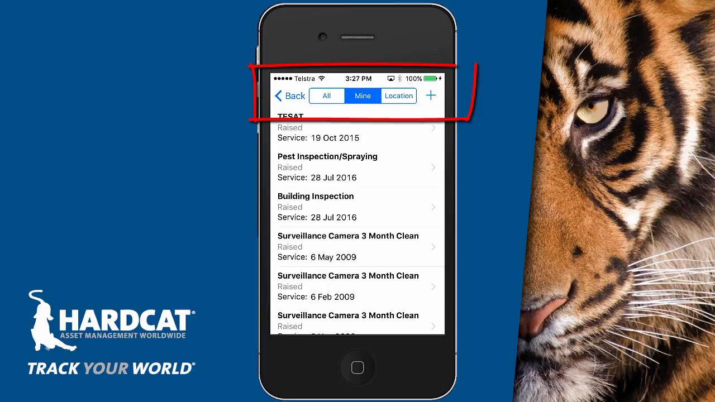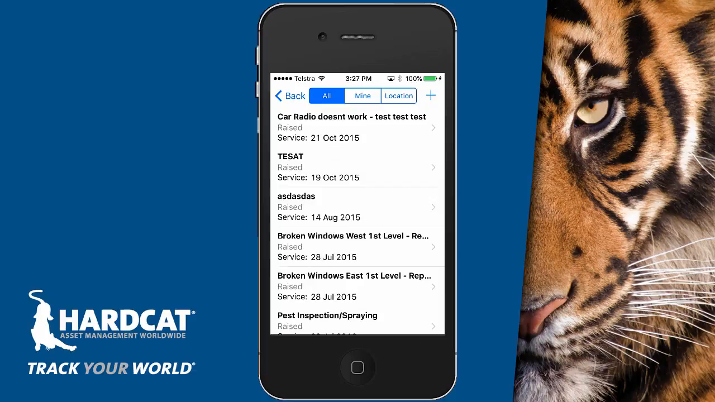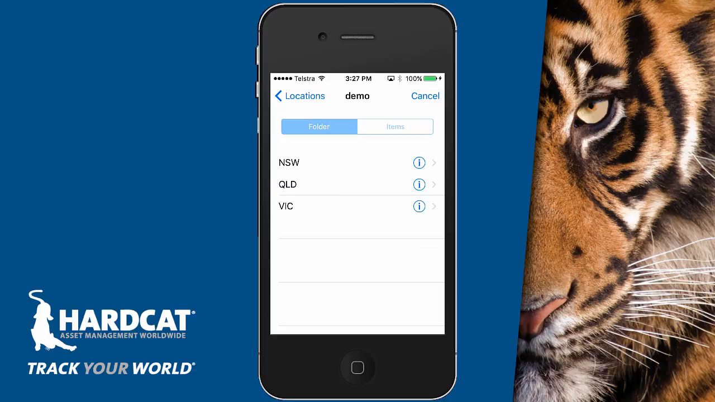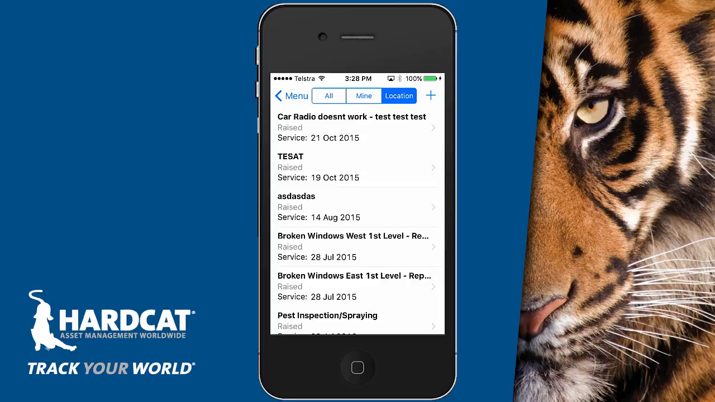Of the three options in the work order list, by default it is shown on the Mine option. The other options available to the users are all work orders in Hardcat, as well as locations. Using the locations function, you can drill down to a particular location to see which work orders are at that particular location. From the work order list screen, you can create a new work order simply by clicking the plus